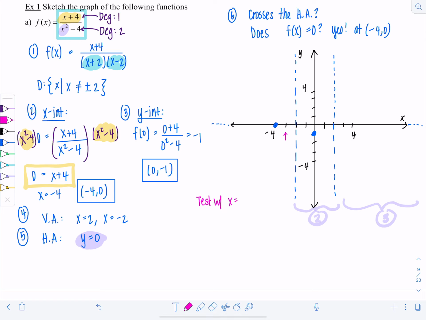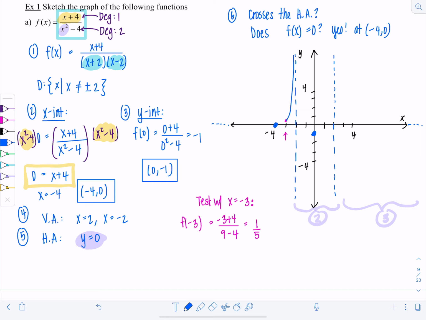with x equals -3. Okay, so f of -3, that's going to be, excuse me, -3 plus 4 divided by -3 squared, so that's going to be 9 minus 4. So this is positive 1/5. I don't really care what number it is. All I care is that it's positive. So at -3, it's positive, which means, I know what's going on. The graph is coming down